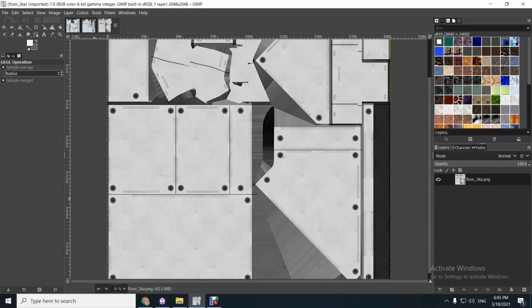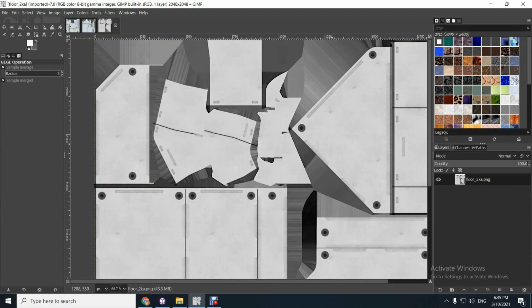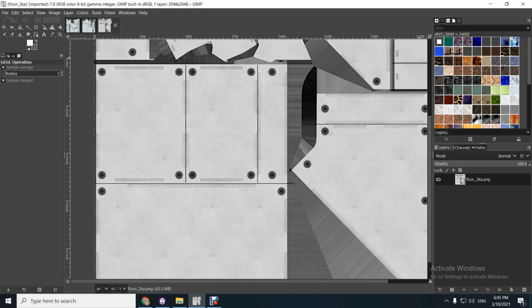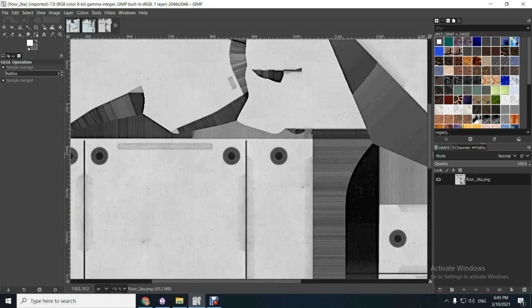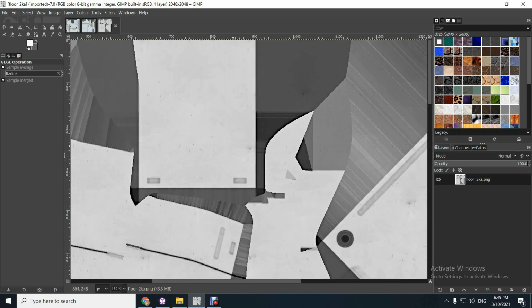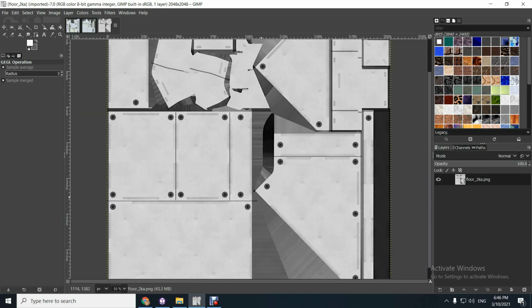Here's the texture. Got it in GIMP. I've just added some overlay already to make it look a bit worn, a little bit used, a few holes here and there. That part of it's fine, but it's still very flat. Now here's a nice little trick you can use to get around it. It adds a bit of a shine and increases the texture